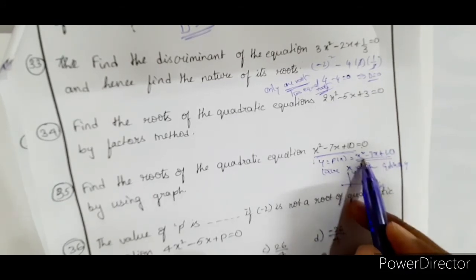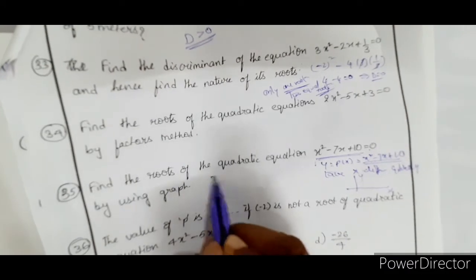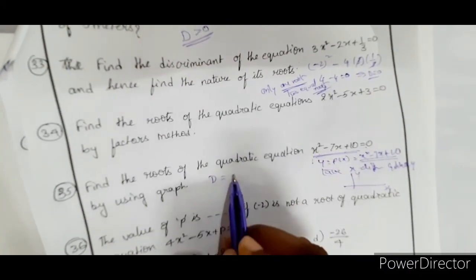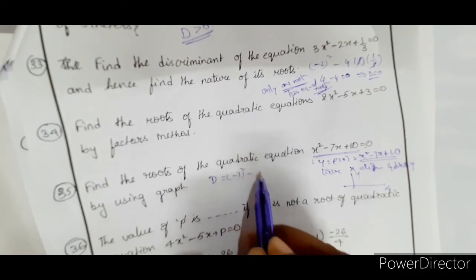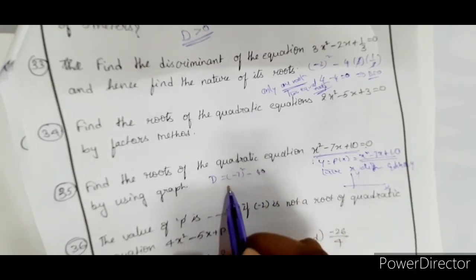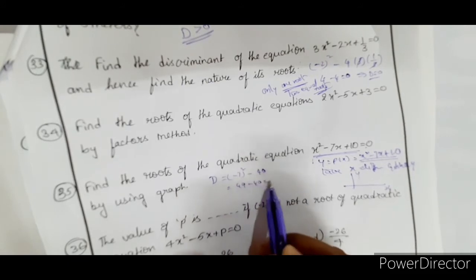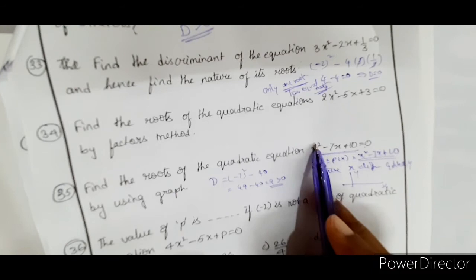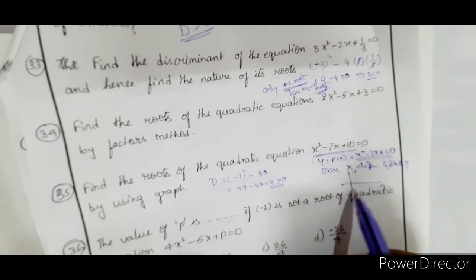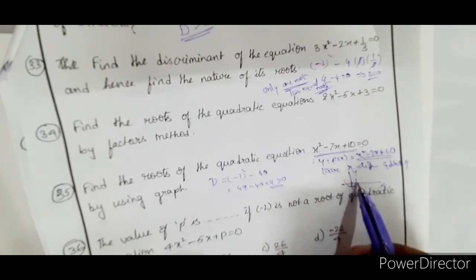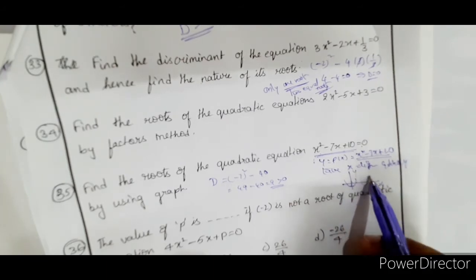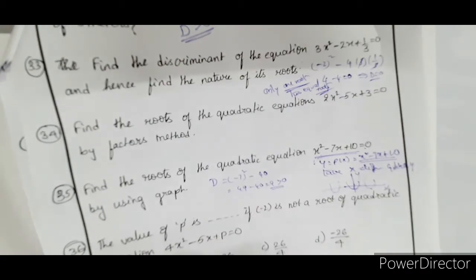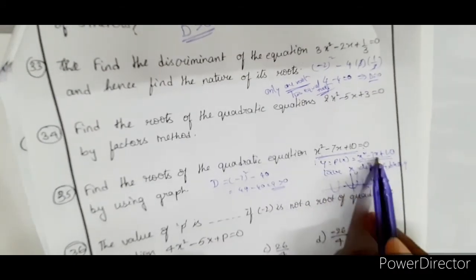And how the graph comes, that we can see by using the discriminant. What is the discriminant? It is b square minus 4ac, that is minus 7 whole square minus 4ac, which is minus 40. 49 minus 40 is equal to 9, which is greater than 0 definitely, and here x is positive. So therefore you may get a curve just like this, right? If one is positive and one is negative, you will get it here; if both are positive, and if you get the curve here, both may be negative. Clear?